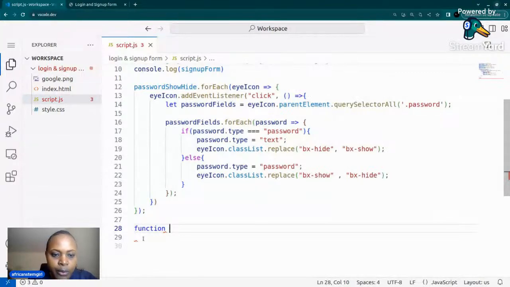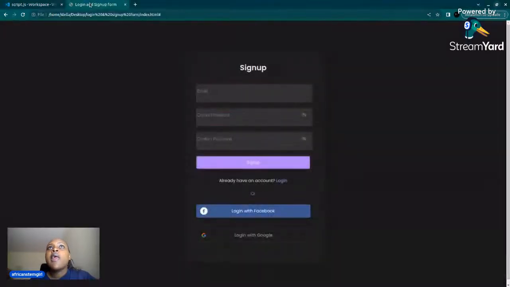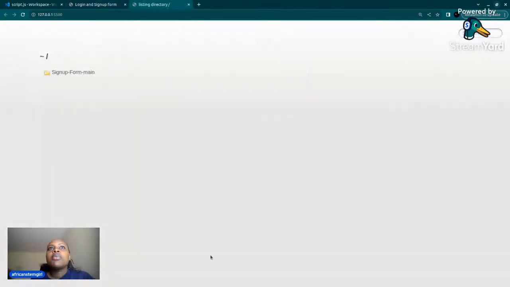So we're just going to write showSignUp. That is going to be my function name, because I want to be able to create code that allows me to move from the login page to the sign up page. In case you want to see how our finished code will look, or what we are trying to accomplish,